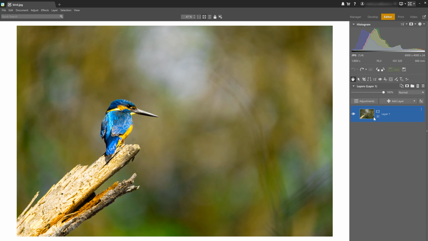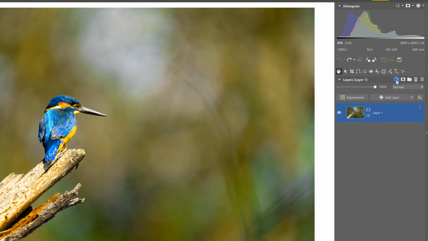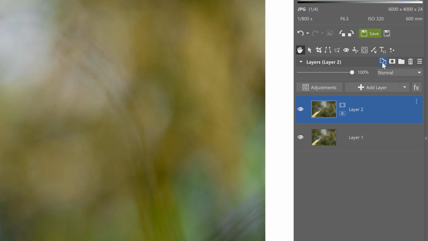Let's say that we want to make a PNG of just the kingfisher from this photo of the kingfisher that's on a branch that I can later add to another photo. Now, I'm going to need to select the bird and remove everything around it. And before I start, let's duplicate the original layer just to keep our original intact and have an unedited version to use for comparison. Then I'm going to create a mask for the new layer. I'm going to use the paintbrush to select the bird, so it's the only thing that's visible. Now the bird is masked in white. Then I choose the hide all mask.